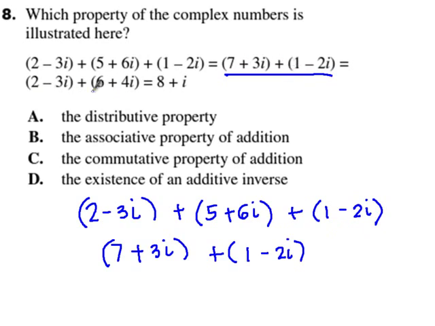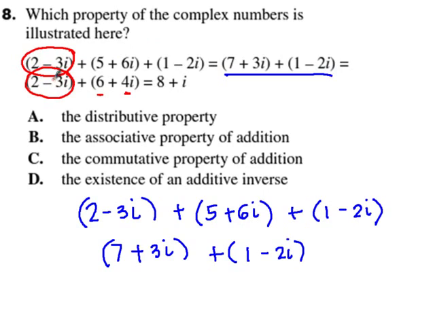And then this last part, let's use a different color for that. How do we arrive at this 2 minus 3i? Notice that from the original 2 minus 3i, I still have 2 minus 3i. But I can group these two, 5 plus 1, to get this 6. Then add the imaginary part, positive 6i plus negative 2i, that gives us positive 4i. So what happens here is we are adding the second and the third addends first, and then we just copy